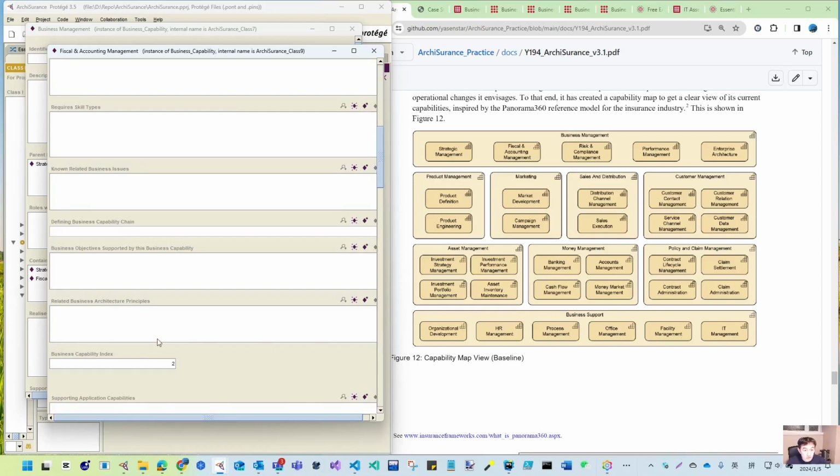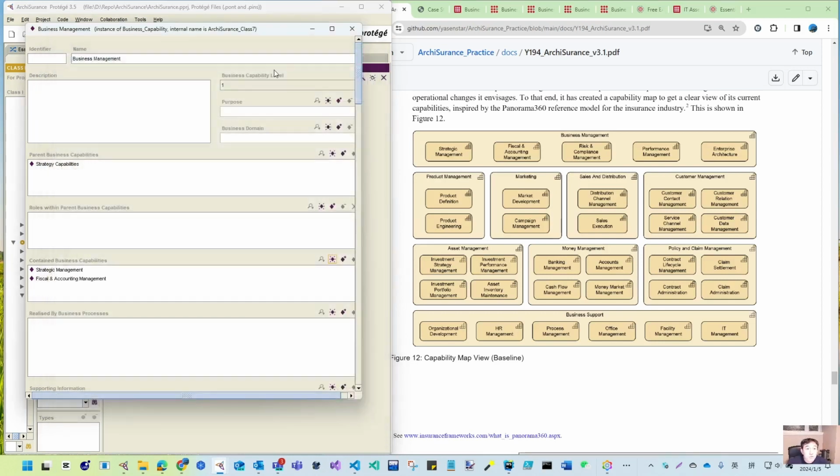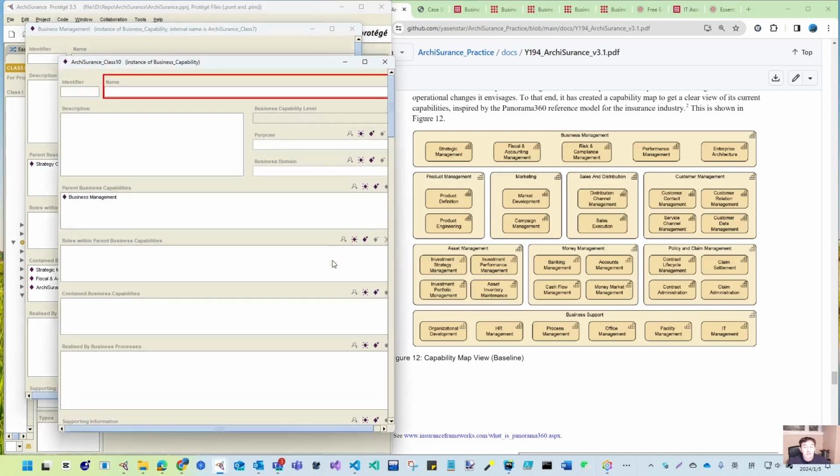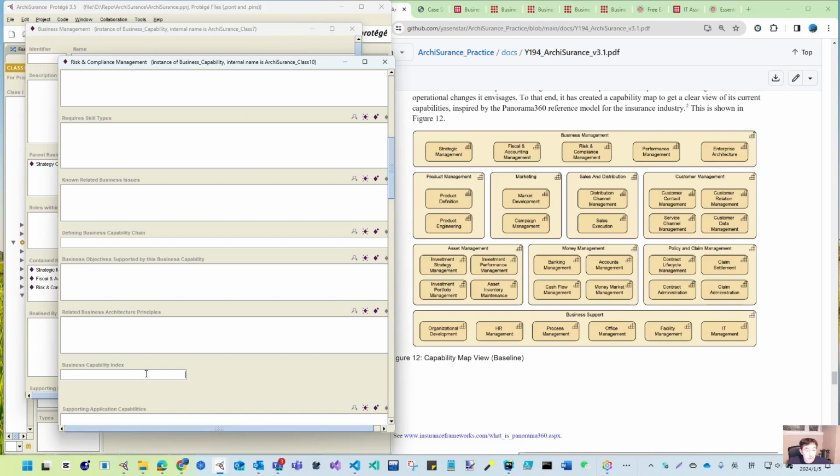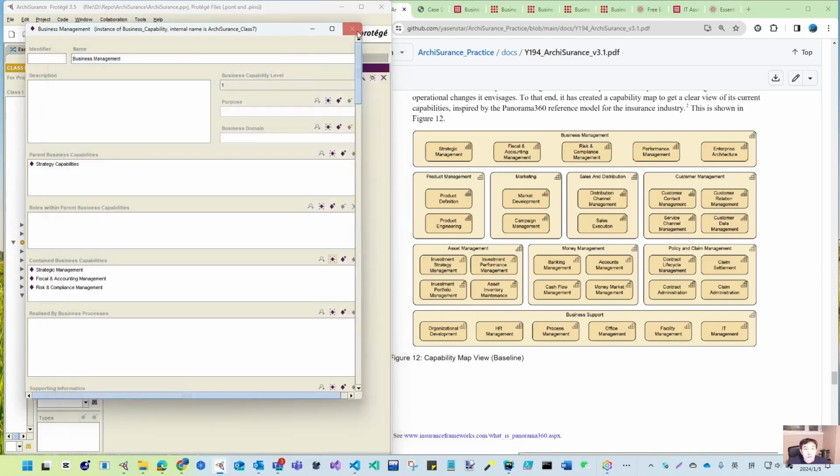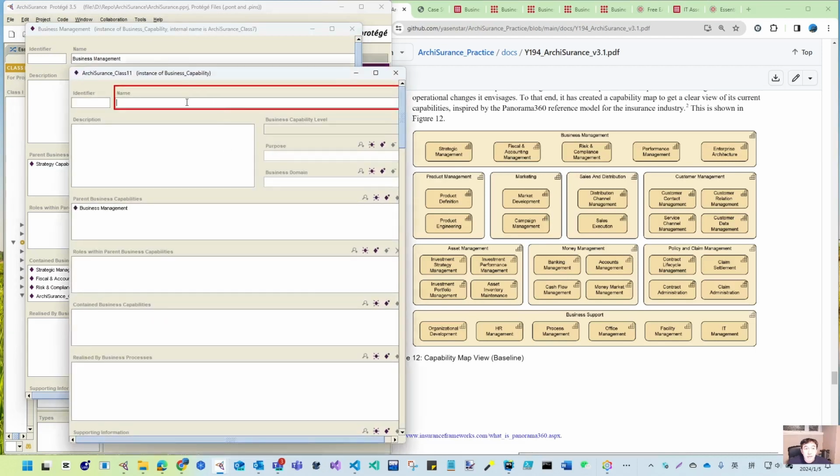So it will be good if you add the index and the level during creation, because otherwise, if you do that afterwards, it's not easy for you to remember which index it would be. So here is level 2, and the index now is 3. It's the number 3, the capability,